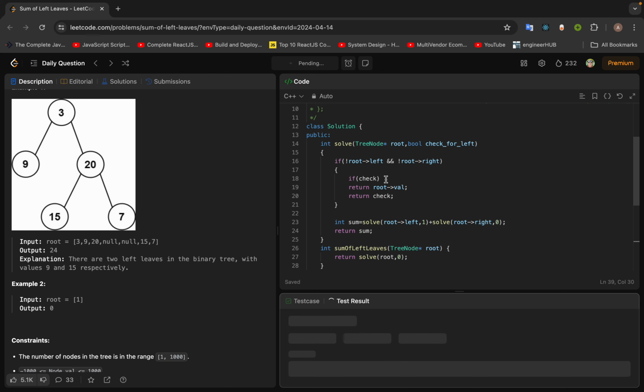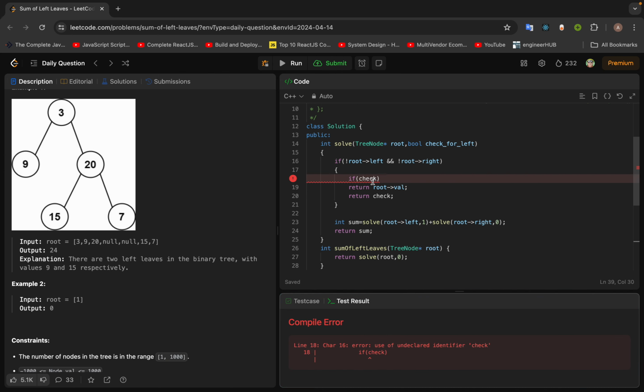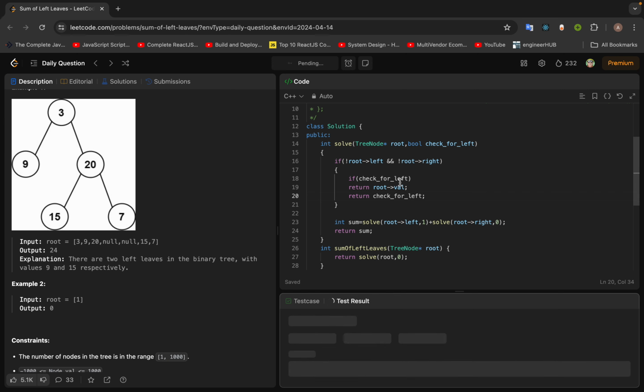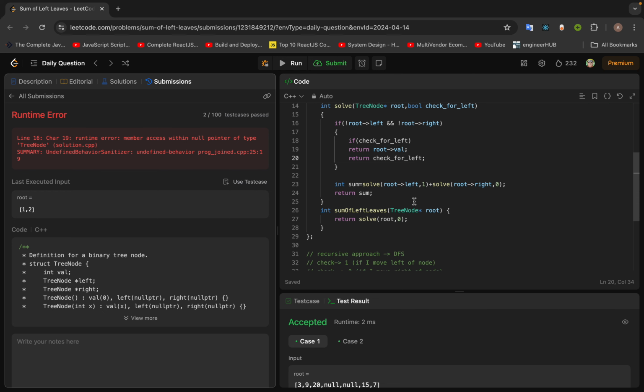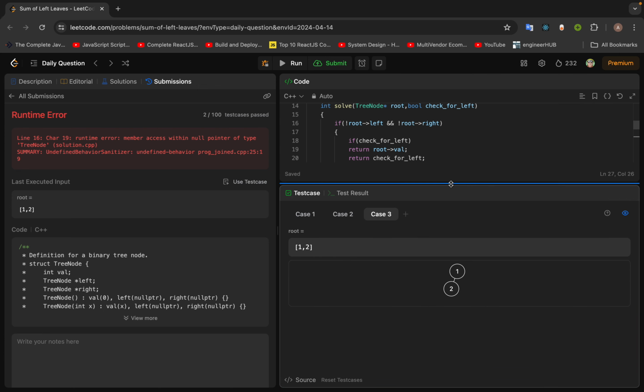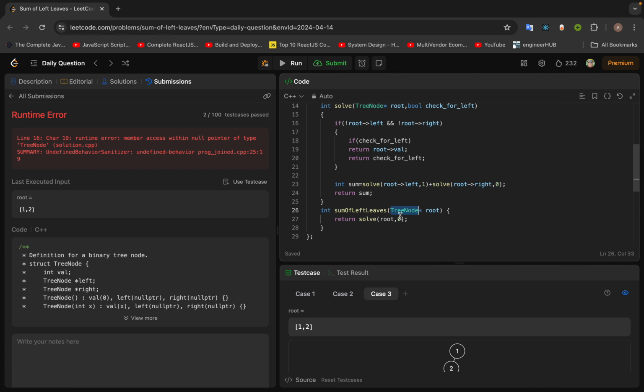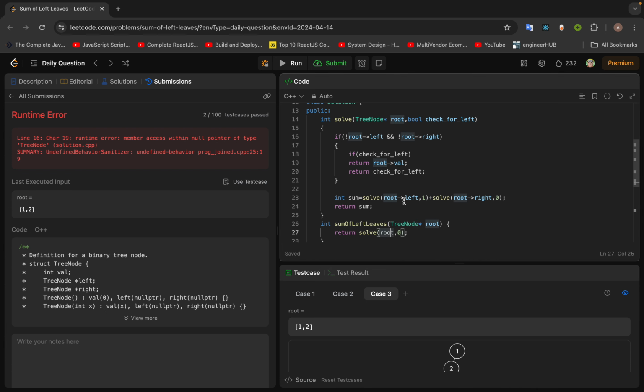Let's run this. Okay, this should be checked for left. Let's run. Yeah, let's submit it. For this 1 2, this 1 is at the left part,